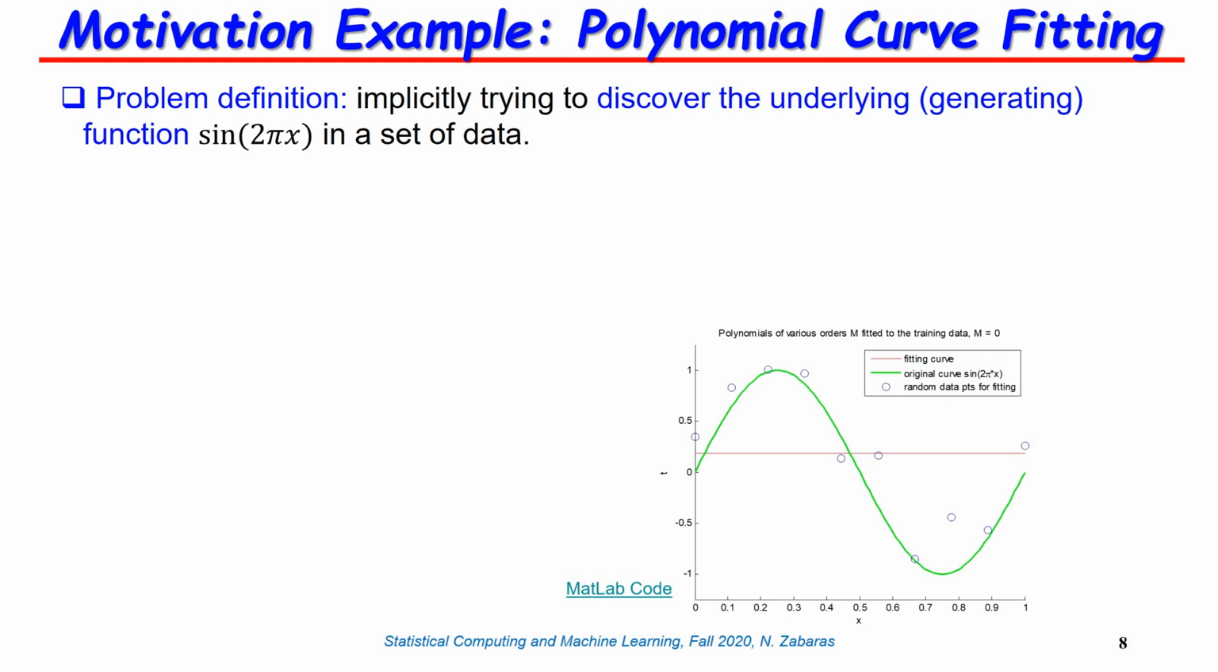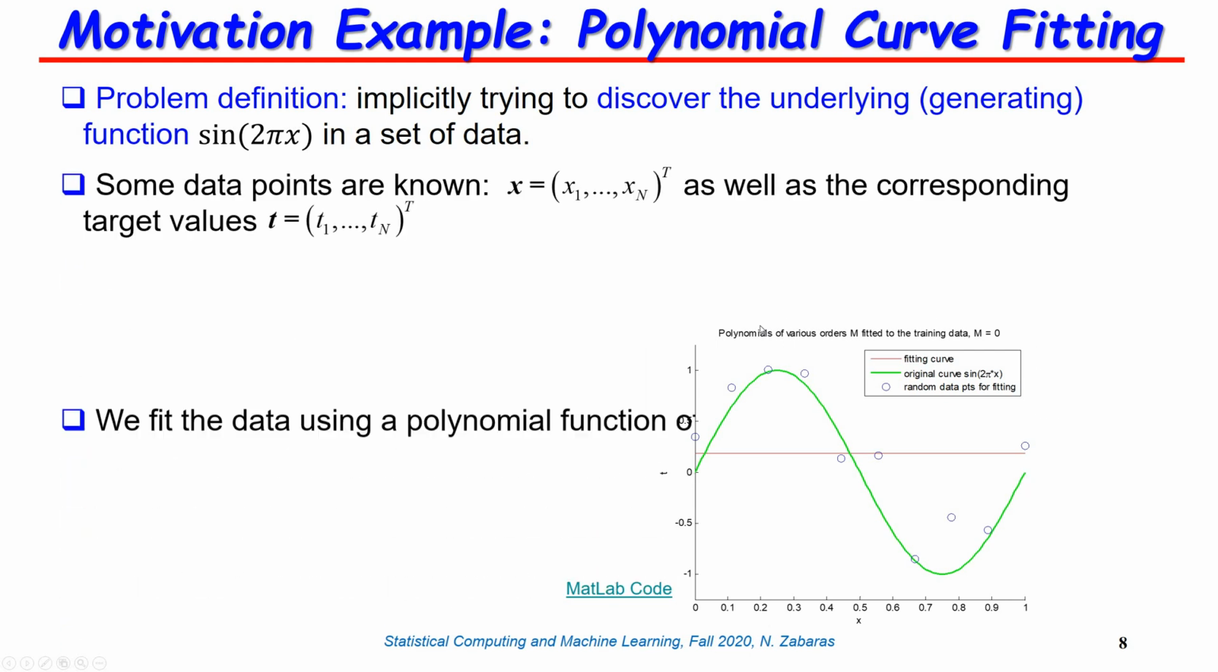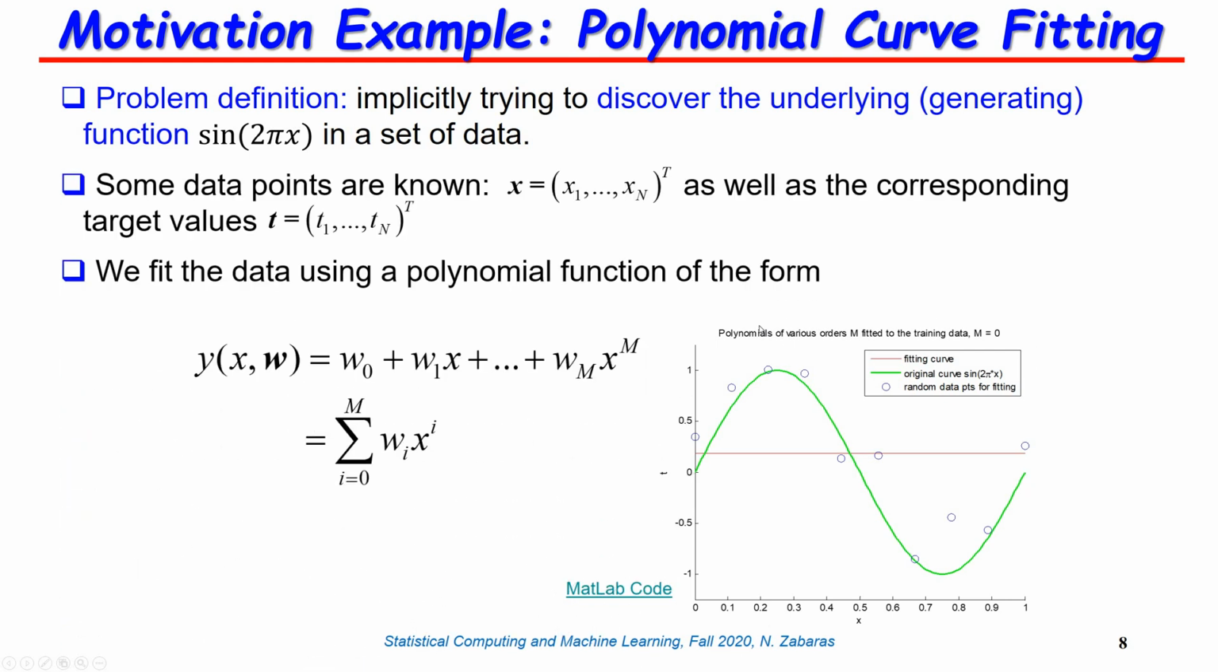I don't give you the function that generated the data, and remember the data have been polluted with noise. So your job is to somehow learn, or approximate, the underlying function using only these 10 training data points. Okay, so how are we going to do this fitting? So we're going to use, let's say, for simplicity,